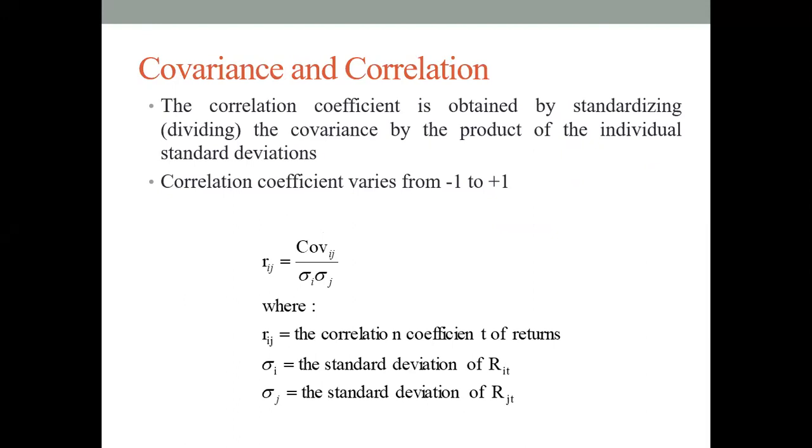Or even if you wanted to calculate the correlation coefficient, that would be easy. You just need to divide the covariance by the product of the standard deviations of the two stocks. So the standard deviation we have for the returns of stock A and stock B, you can simply divide it to calculate the correlation coefficient. Here we will use an Excel function to calculate that covariance or correlation. So the Excel function will help us to calculate it easily.